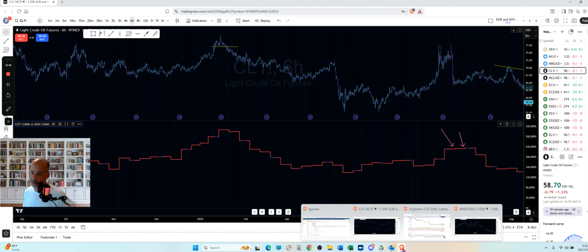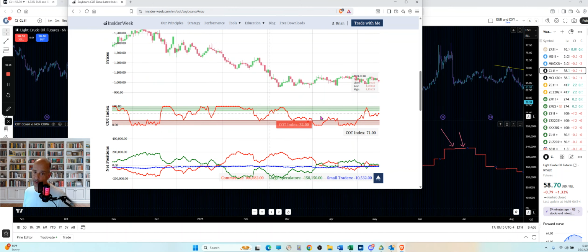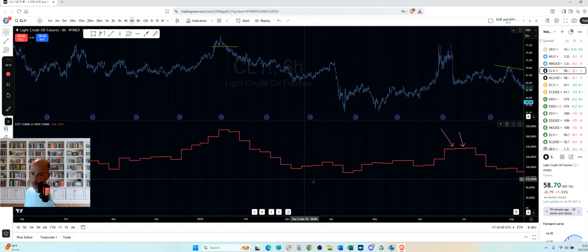And it's just another way of looking at it versus the COT index or the regular COT charts like this. This is the actual plotting of the data that comes right from the COT report. That's what's shown down here. And again, this is the COT index on Insider Week. So you can use any of these. Okay, well, this one's not very useful as is. You're better off either using the COT index or something like this on TradingView. And there are a bunch of other COT indicators on TradingView.